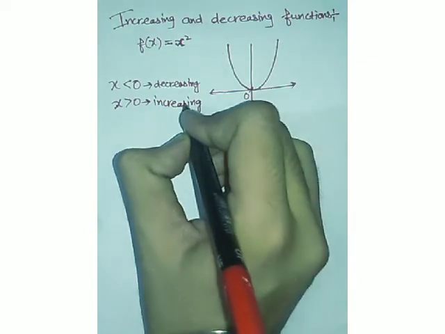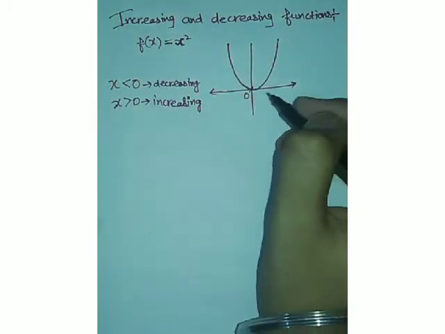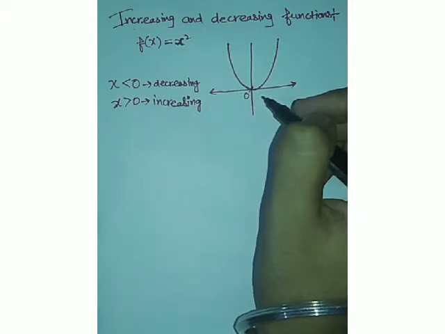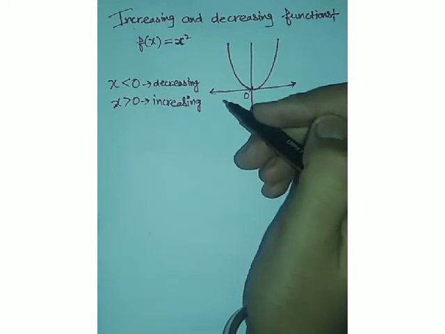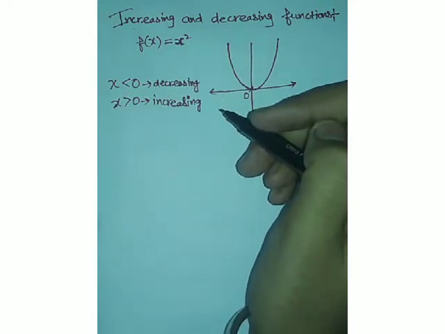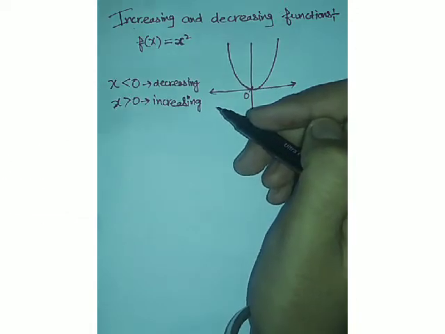This is a very simple definition which is sufficient for you to know what increasing and decreasing functions are. There are two or three remarks or rules which are used in order to find if a function is increasing or decreasing. We will learn those rules, and then I will tell you some simple remarks which you can use to find whether the function is increasing or decreasing.